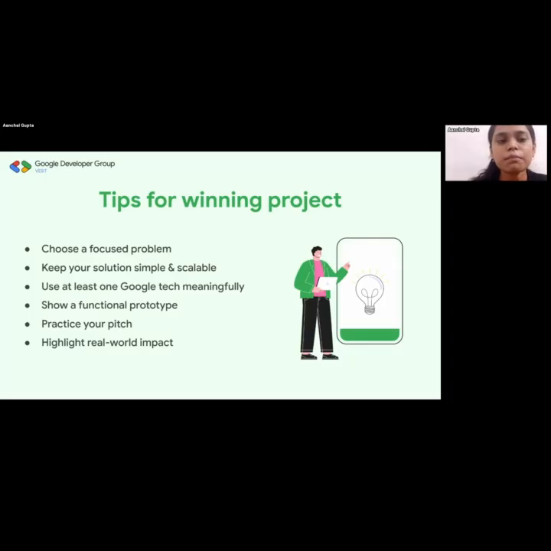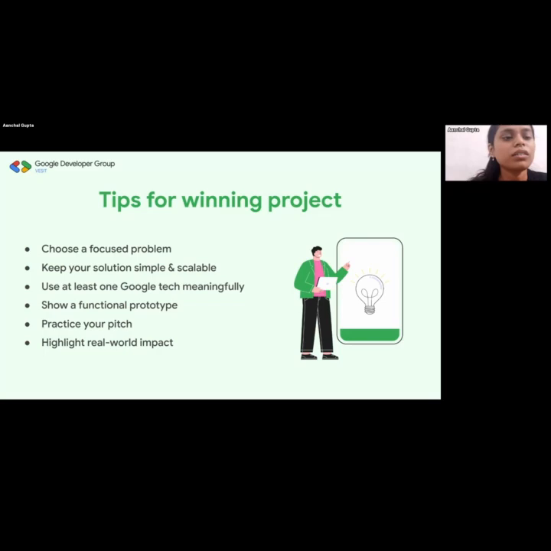Keep your solution simple and scalable. Do not go into building crazy architectures and adding different things that are not required. Let's say your database has 30 tables and your solution is still not solving the problem, so what's the point of investing so much time in creating such a complex database if you're not able to solve the problem? What you need to do is barely solve the problem. So just build a simple solution.